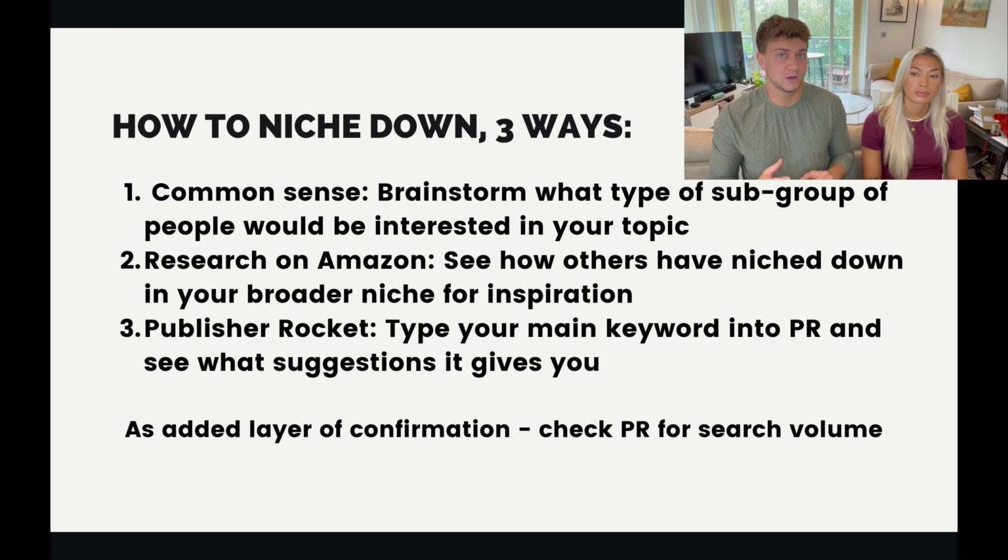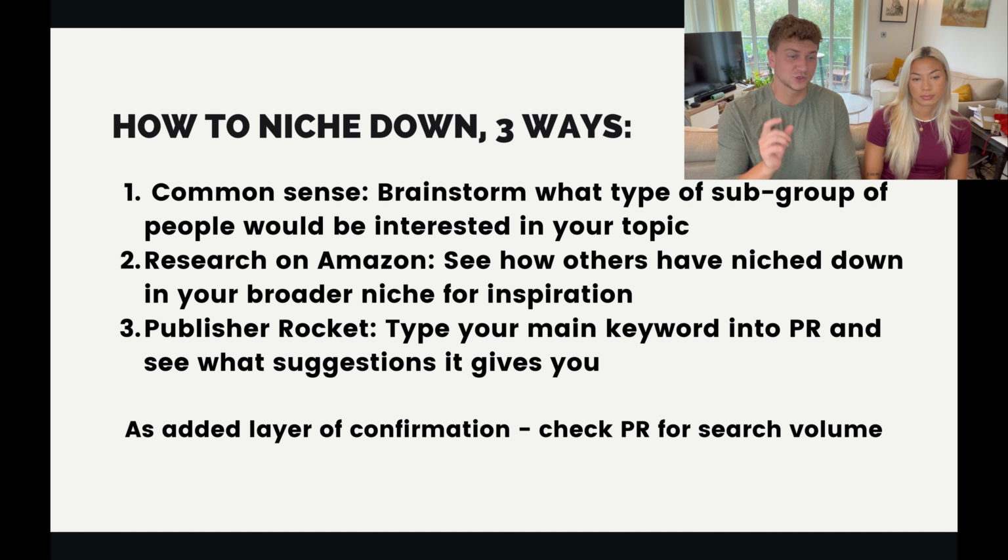If you haven't used Publisher Rocket before, it is a brilliant publishing tool for Amazon. And you can actually use it to find other ways you can niche down in a particular book topic. What you need to do is go to keyword search. It has 4 functionalities, and one of the functionalities is keyword search. You can type in your main keyword into Publisher Rocket, for example, meditation, then it will give you other suggestions of how you can niche down. So it might then give you meditation for beginners, or meditation for seniors, or meditation for men or women, etc.